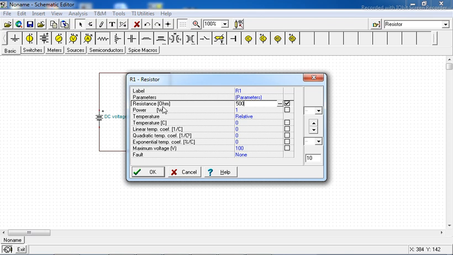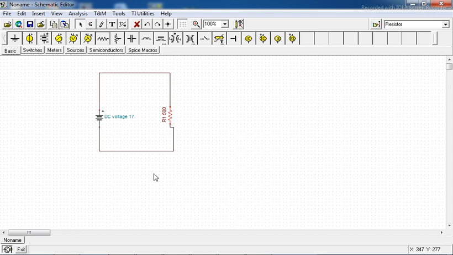Resistance is already given in ohm, so it is not necessary to write down the unit there. But if you want to put the value in terms of K or mega, you just have to place the symbol of K or M. I want now 500 ohms. Click on OK. You can see R1's value is changed to 500 ohms.